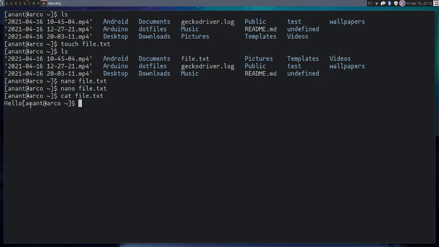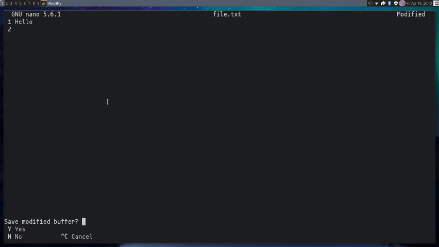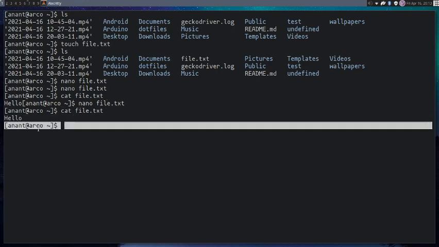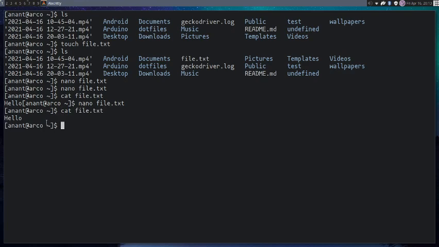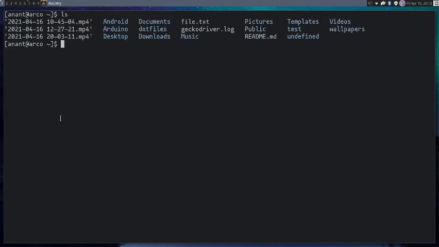So first of all you can see it shows hello, but I haven't inserted any line, so it is showing like this. So I can open a text editor and insert a line. Okay, Control X, and I'm not familiar with this text editor, so you can see hello and I have inserted a line. So for the sake of cleanliness, I will press Control L and do an ls again.